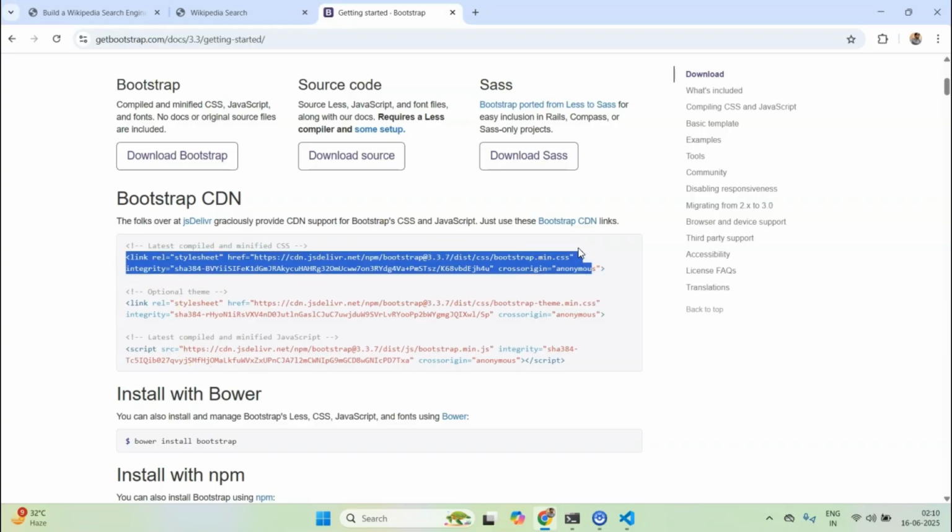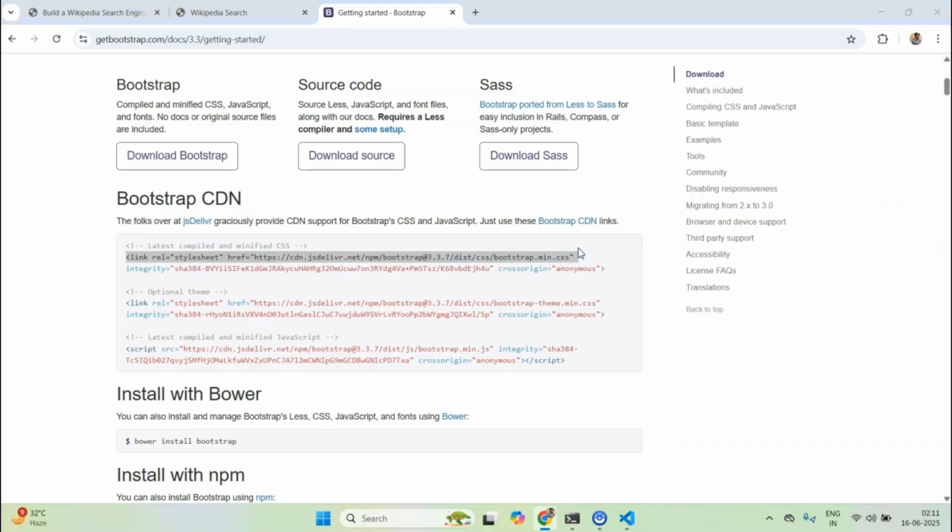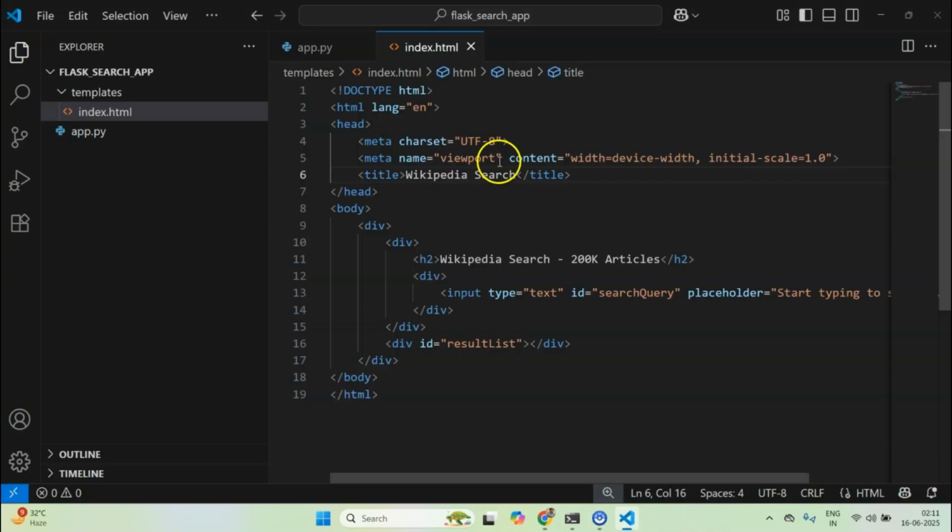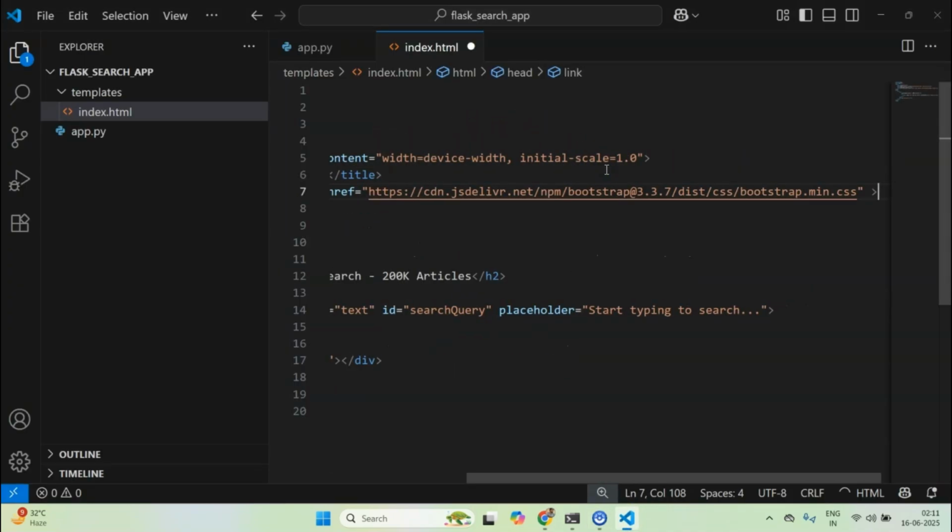I'll copy this, although this whole thing is not required, but let's copy it anyway. Okay, and I can paste it right here.